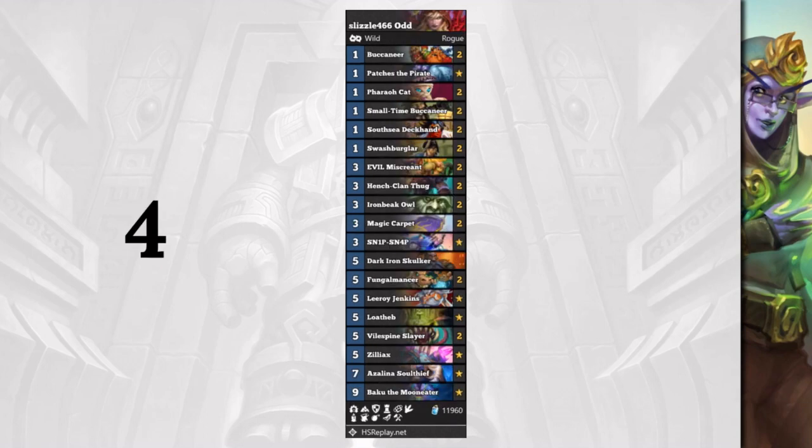At number 4, we have my Odd Rogue list. I had a couple of different Odd Rogue lists that had success at Legend on multiple servers last month, but this is probably one of my favorite lists. This is a variation of Eileen Nico's list, and the card that makes this list a lot of fun is Azalina Soulthief. Especially if you're up against a Mecha'thun deck or a deck running a Mecha'thun win condition, you